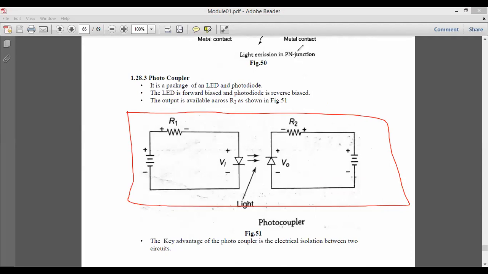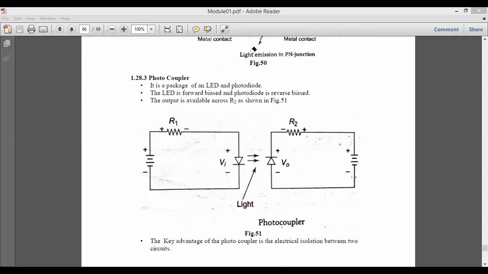In the first part of the diagram, if I say this is a light, if you look at these two arrow marks, then which is the photodiode and which is the LED here? This diode we call an LED because the light is coming from the diode. You can see the arrow mark, and if this light is falling on the diode, we say that this is our photodiode. This is how we identify the diodes, right?